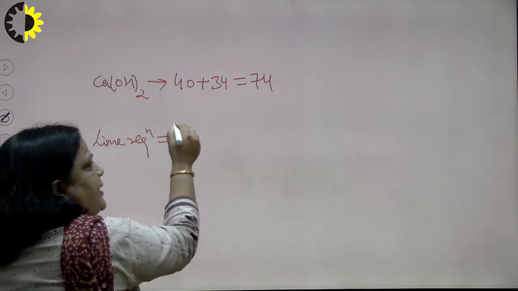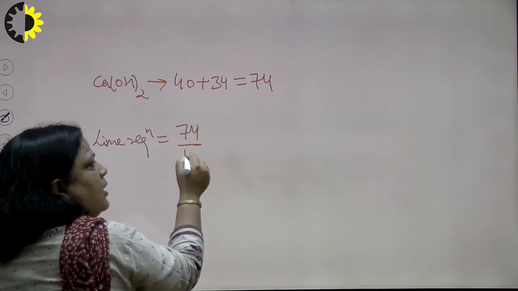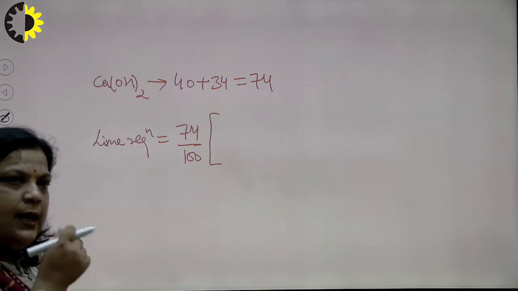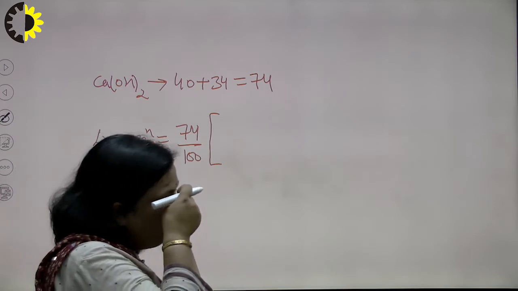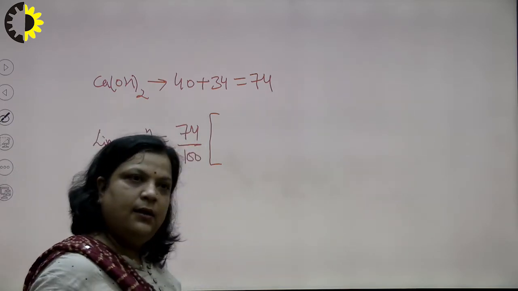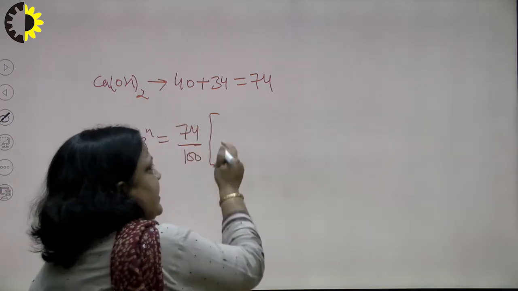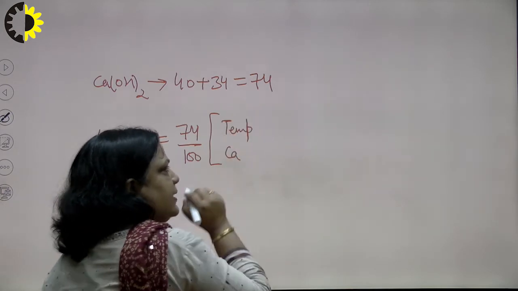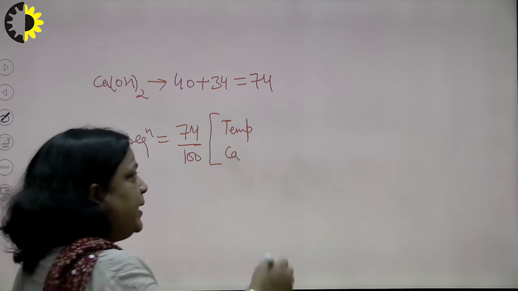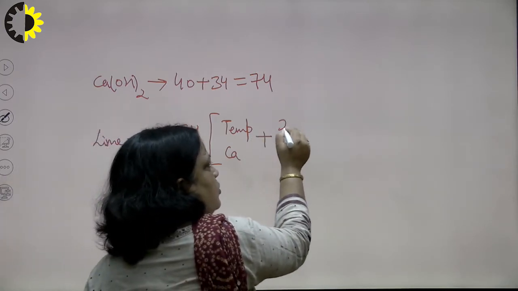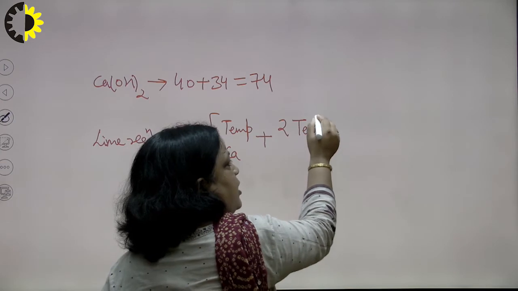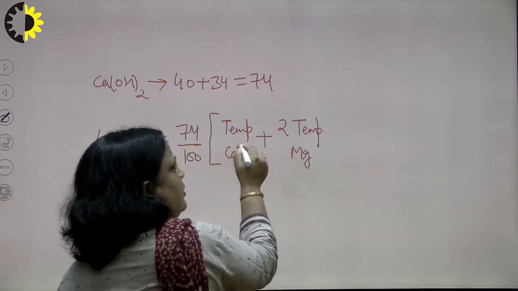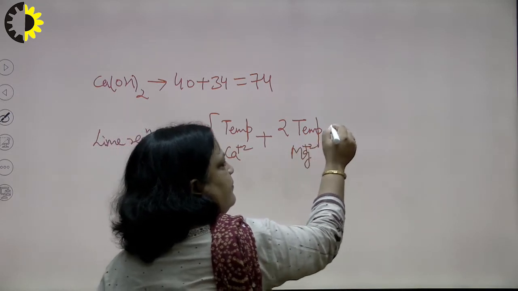So, lime required is equal to 74 upon 100. This lime is required generally for temporary hardness of calcium and magnesium. So, we can say temporary means of calcium plus 2, for magnesium we require 2L. So, 2 temporary of magnesium plus